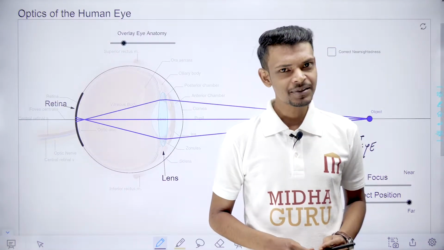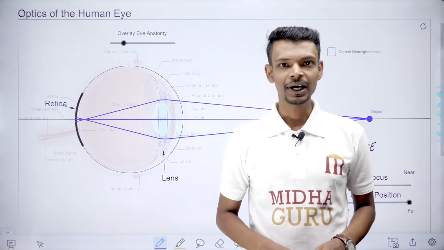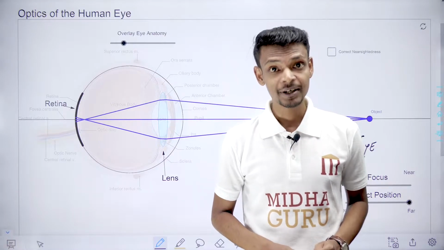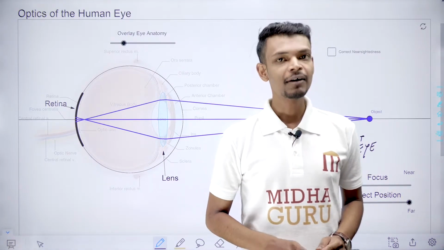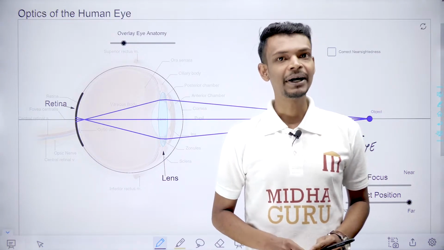Hello students, you might have studied about the defects of human eye, that is myopia, hypermetropia and presbyopia. And we all know that these defects can be corrected by using lens of suitable power. For example, in myopia, the far point comes nearer than infinity and it can be corrected by using concave lens